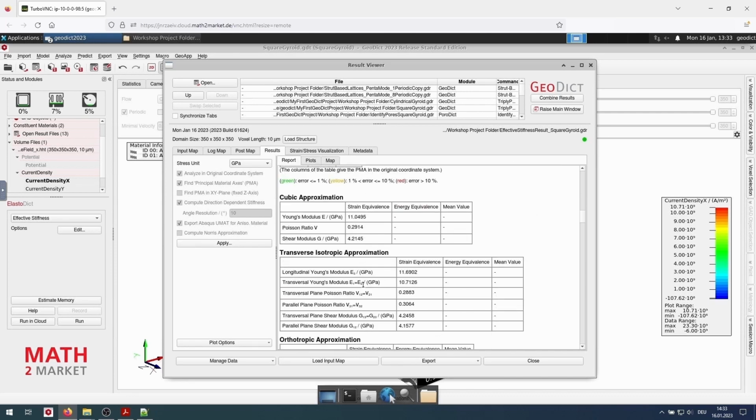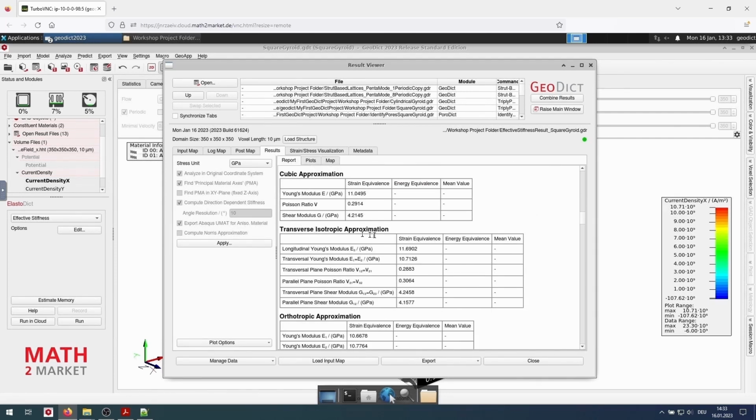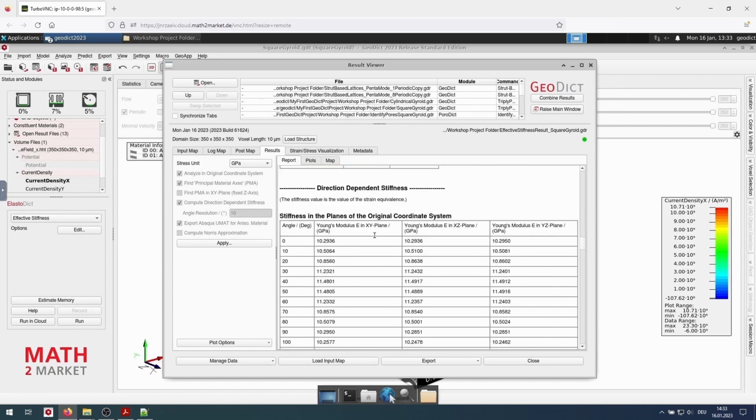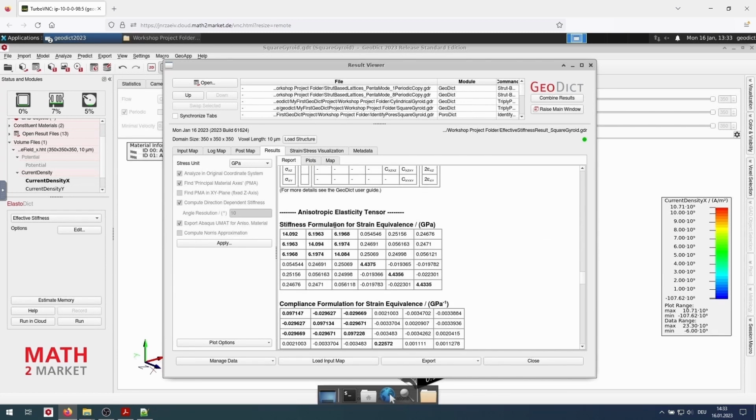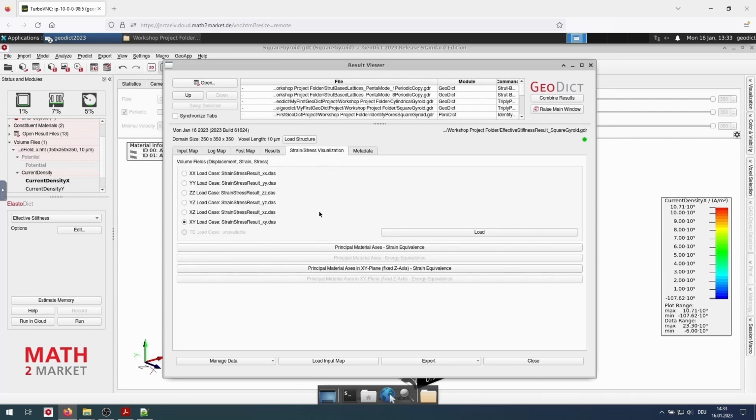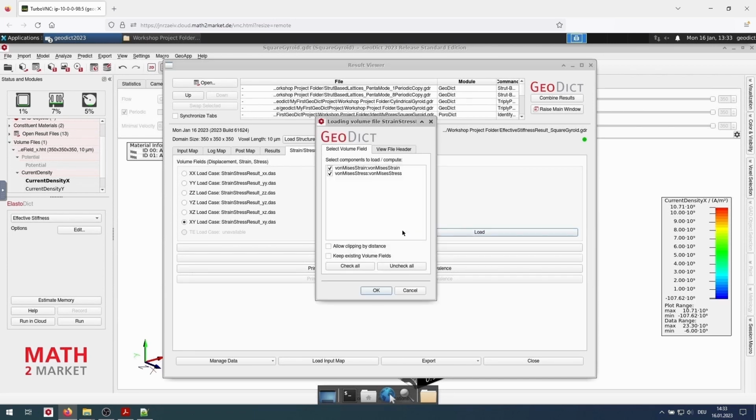And further down in the results, we get a transverse isotropic approximation and also the full anisotropic elasticity tensor. We can also have a look at the strain stress visualization by loading the strain stress result file.